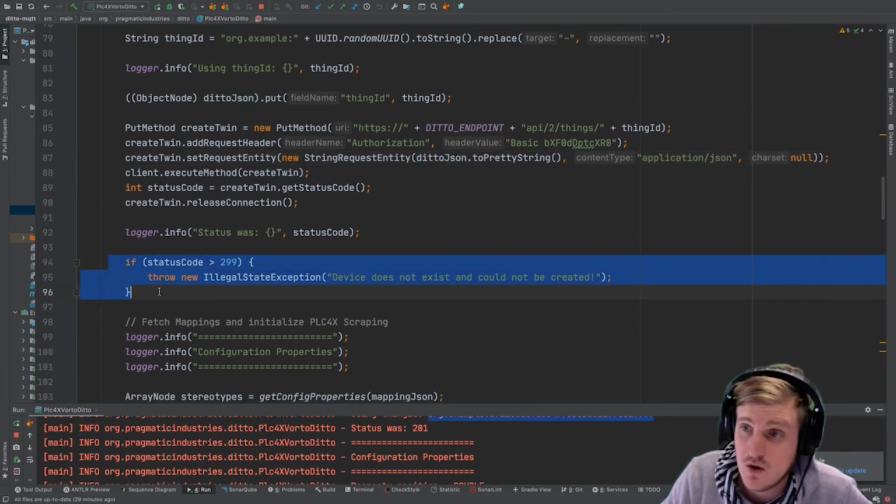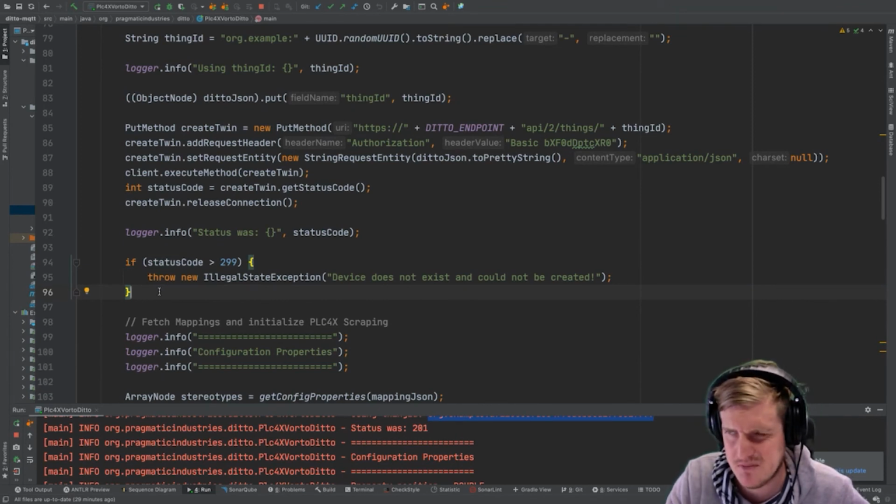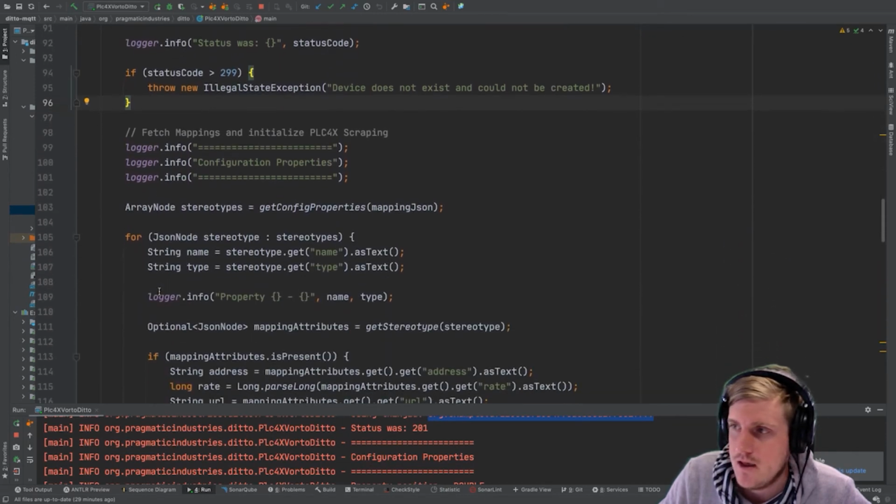And when creation is successful, so a status of 200 something, it could be 201 if the thing is newly created, it could be 204 if the thing already exists, I think. So we just check if it's below 300. And then